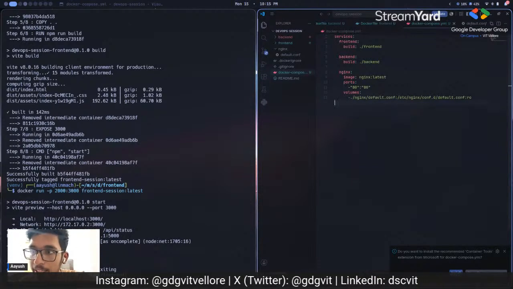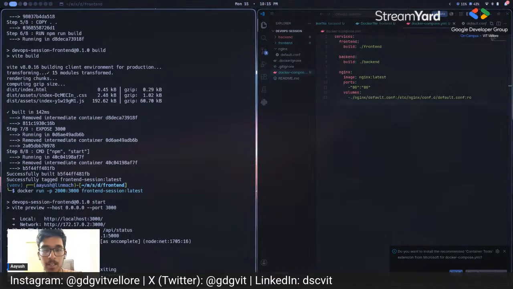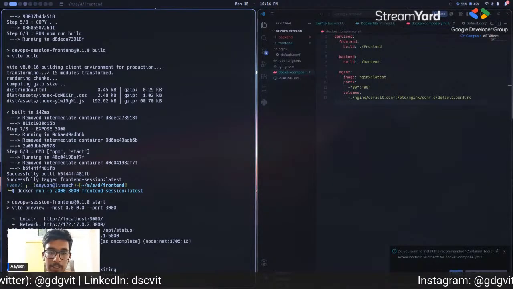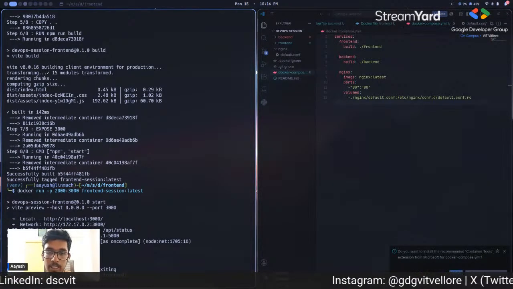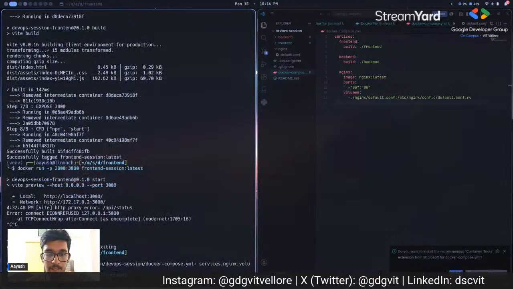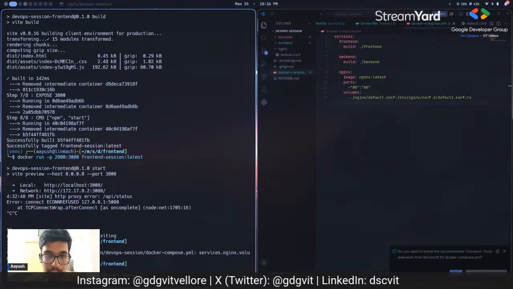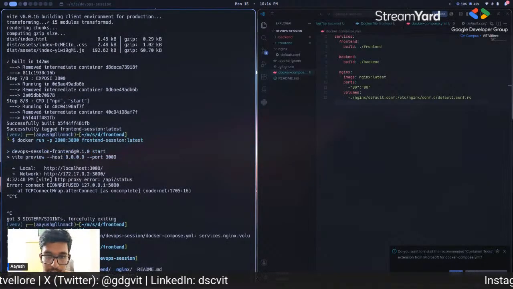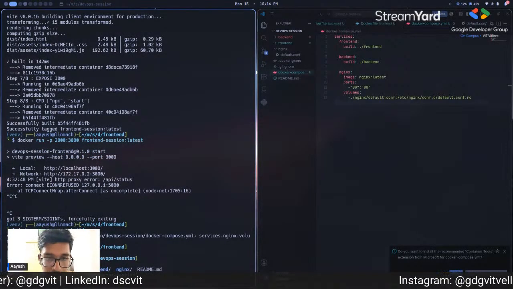Let's try running this file. So to run something with Docker Compose, we do docker compose up --build. Okay, we have to be outside. Yes, see, our Docker Compose file is in this directory. So now if we run this,